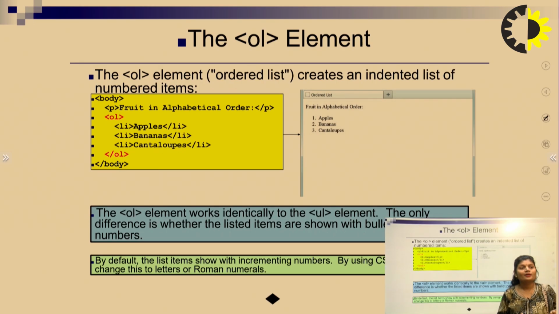If you want an ordered list, it works the same way, but the content is described in order: 1, 2, 3, in Roman numerals, and different types of order like A, B, C, D. The ordered list element works the same as the UL element. The only difference between them is whether the list items are shown with bullet points or numbers.